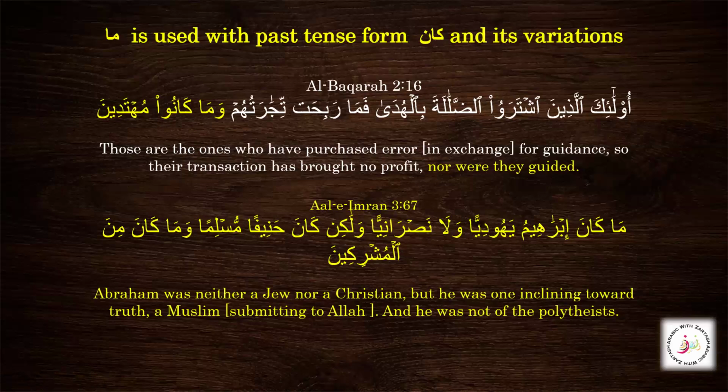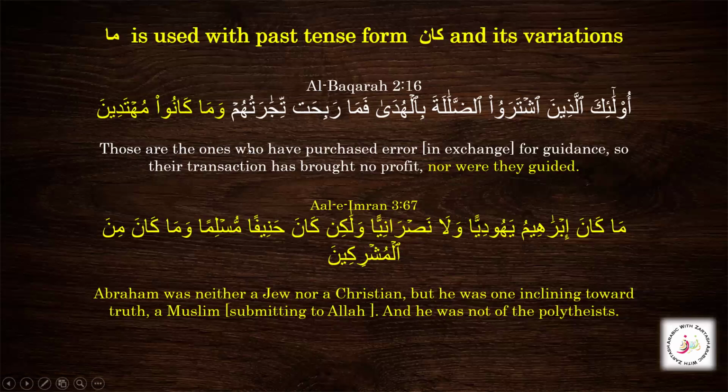Now we are going to look for our Khabru Kana. So what is our Khabru Kana? This is the Mufrad Isim Muhtadeen, they were guided. So Ma is making it a Nafi. Here Muhtadeen is our Khabru Kana, and it is because it is Mansub. We know that Khabar Kana is Mansub. That is why we do not see muhtadun, we see muhtadin. So it is khabar kana mansub, and this ya is telling us that this is Jama Muzakkar Salim.